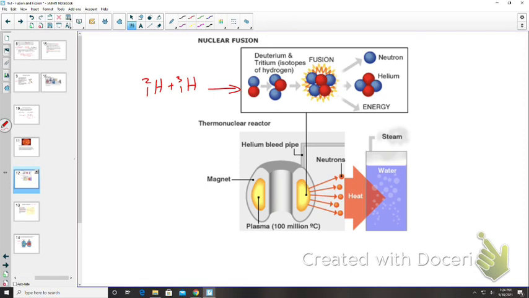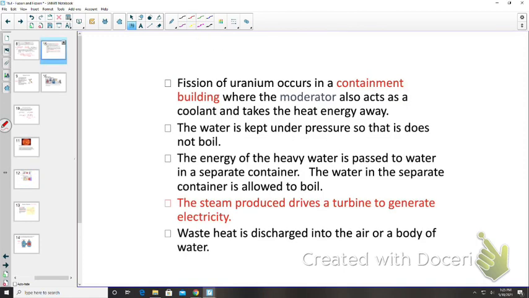So the heat is transferred to the heating containment unit, and that is what's going to generate the steam to rotate the turbine. Steam will drive a turbine to generate electricity, and then waste heat is going to be discharged into the air or into a body of water. That's why typically nuclear power plants